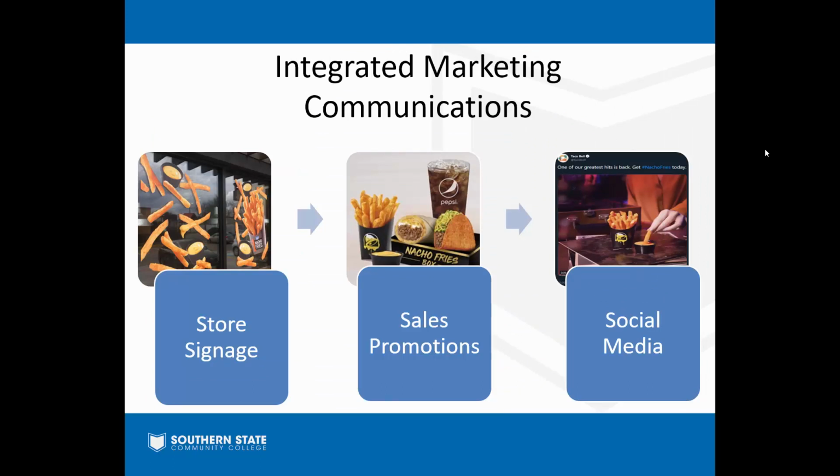Going back to this idea of integrated marketing communications, you've probably seen the television advertisements for the Taco Bell nacho fries that spoof these adventure action movies. You've maybe seen online, on Facebook or social media, Taco Bell advertising that product. If you go to Taco Bell, they've got signage on the windows. They have sales promotions where you can get a $5 nacho fry box. And they're also talking about it on their social media channels. So they've got this integrated marketing communications where all these different forms of promotion are happening surrounding that same item, and they're all delivering the same message.